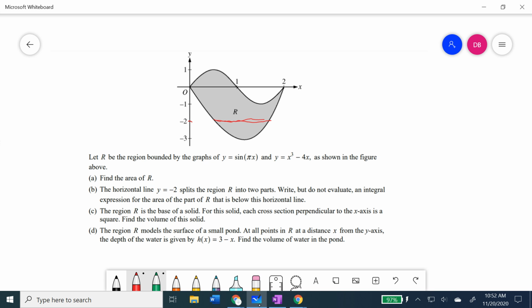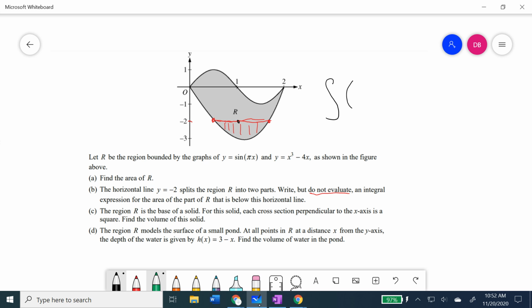Splits the region R into 2 parts, right? But do not evaluate, yay, an integral expression for the area of the part in R that is below the horizontal line. So with your calculator, you are going to have to find these two intersection points. Once you find those two intersection points, you are writing an expression for area,